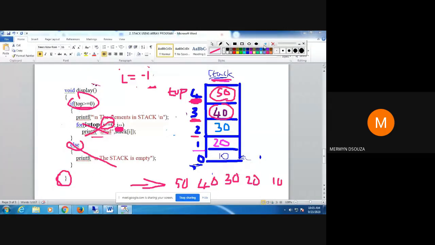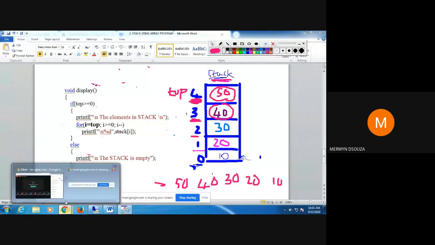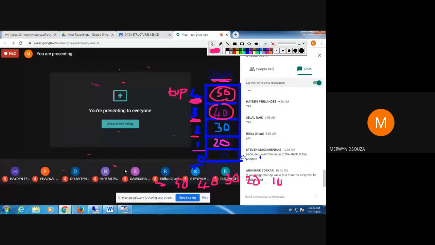So that is how your display function works. Any doubts in how the display function works? Please ask.